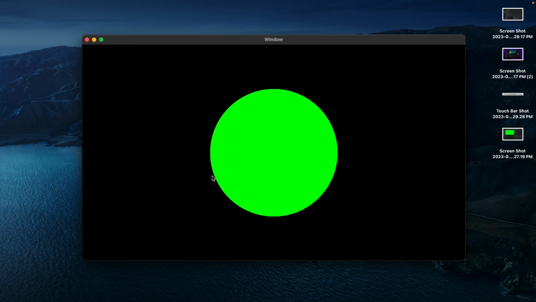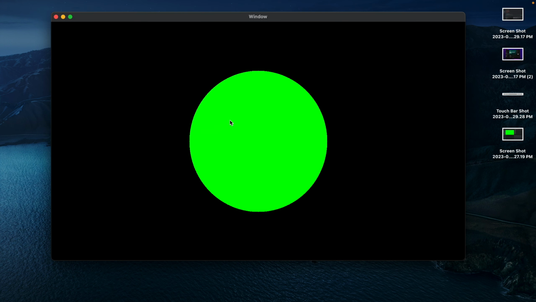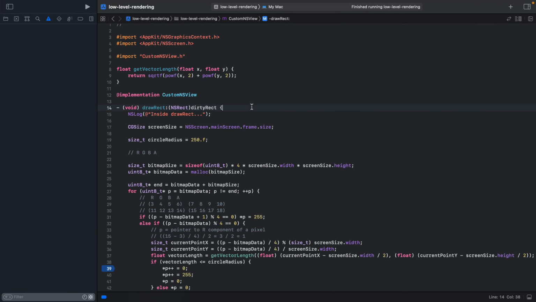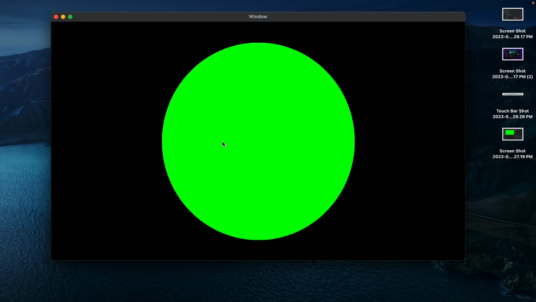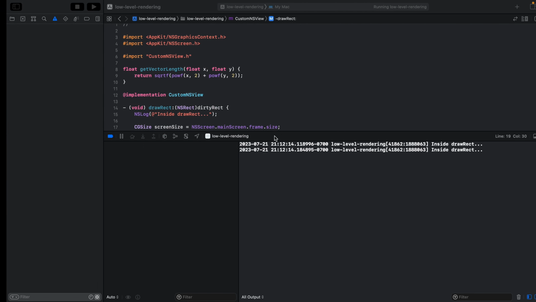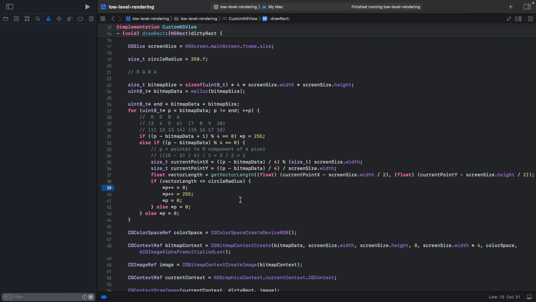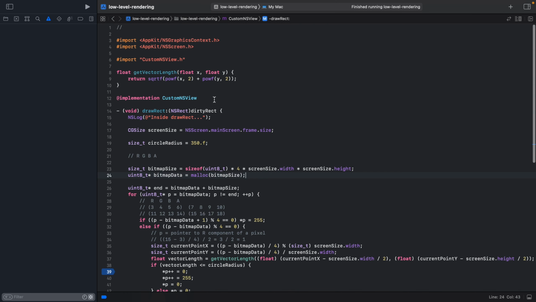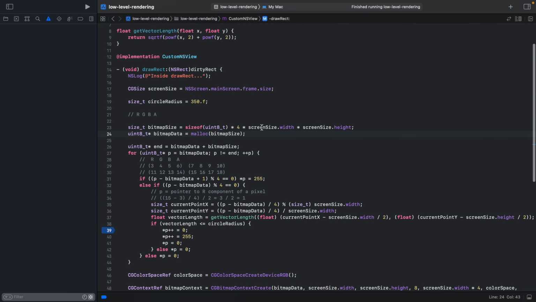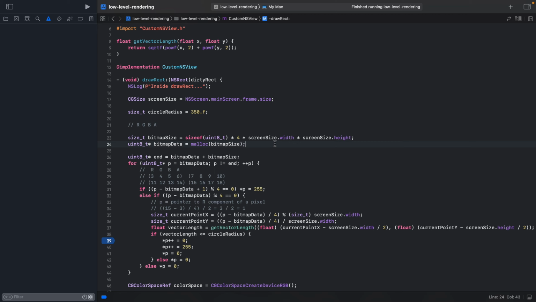Another problem that we see here is that I would say the circle is a little bit pixelated around the edges, as you probably see. We can maybe make it bigger, that will be more visible. Yeah, you see how the edges are a little bit more pixelated than what I would like. This is because we are not leveraging the Retina screen in our application. So effectively what Retina does is